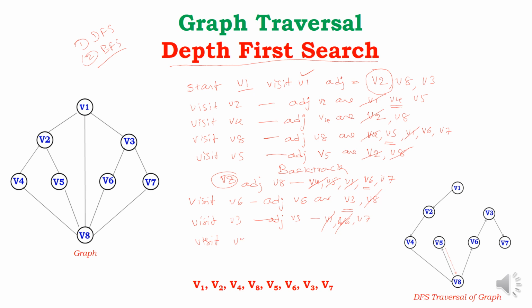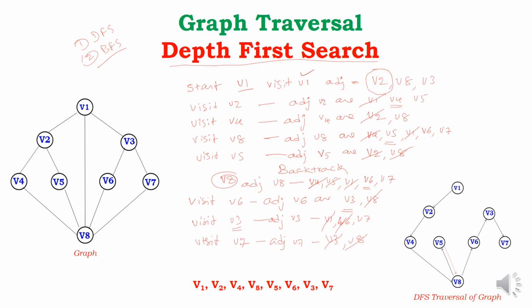Is there any other vertex adjacent to V7? What are the vertices adjacent to V7? V3 and V8. V3 is already visited and V8 is also already visited. So we came to a dead end. Again, go back to the previous stage. What is the previous stage? V3. Are all vertices visited? Now all vertices are visited. Like that, we go back because it is a recursion. Once you go to some stage, you will come back to the original stage using